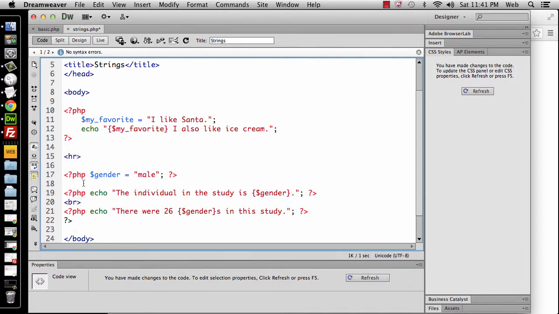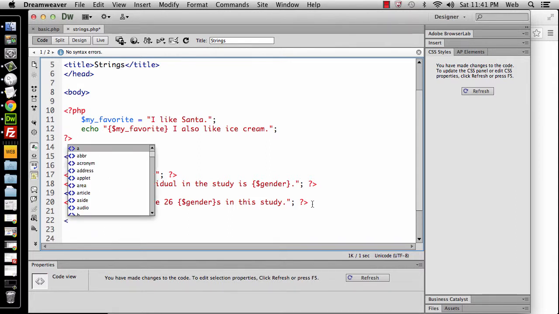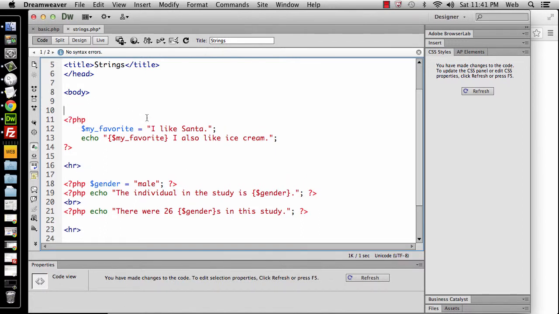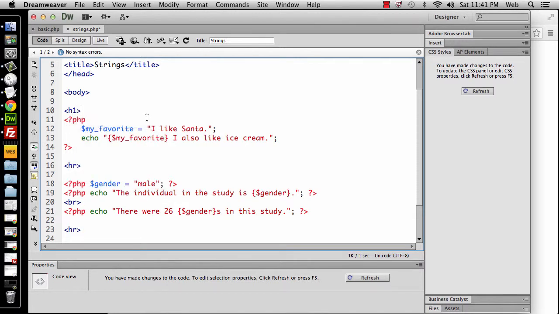So now you've got something that's a little bit more succinct, and we've got this final tag to clean up. The other thing I can do is put another horizontal rule here so that we're separating our sections. Then you can come into the body and give it a regular heading level. Something we really didn't do so far is put an H1 on the page. So if we wanted to put an H1, we could put